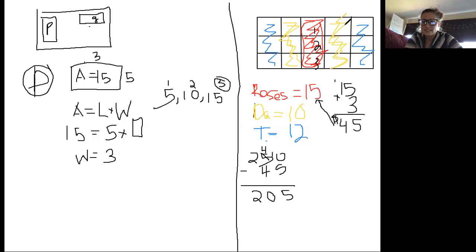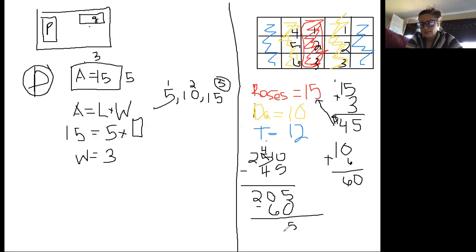So let's see how many daisies I have. 1, 2, 3, 4, 5, 6. I have 6 daisies. I know that $10 per square of 6 squares of daisies is going to be $60. Five minus 0 is 5. I cannot do 0 minus 6, so I need to borrow. 10 minus 6 is 4, and I bring my 1 down. I still have $145. Now this time I have 1, 2, 3,